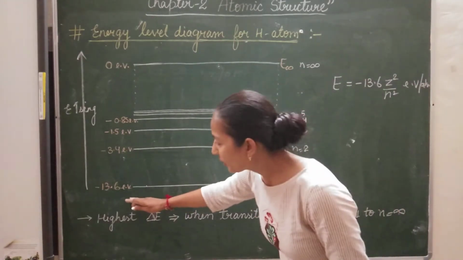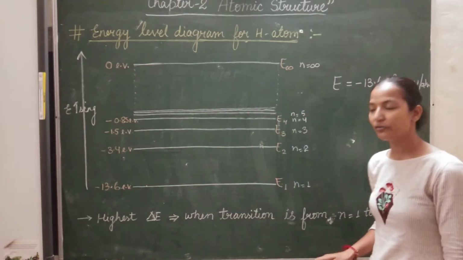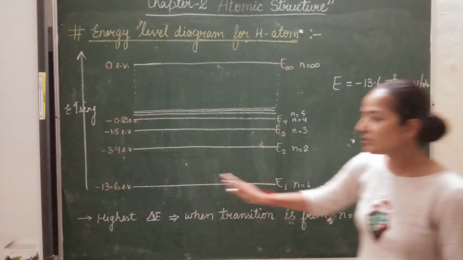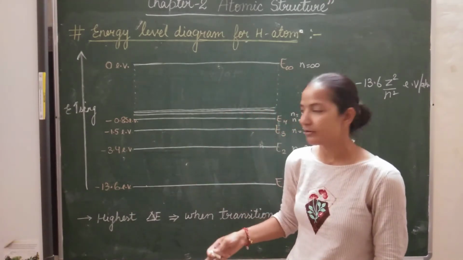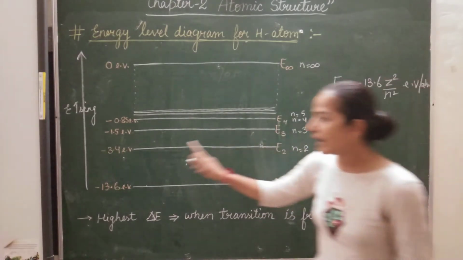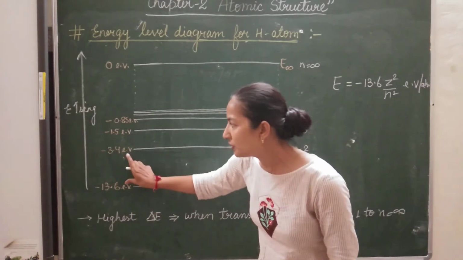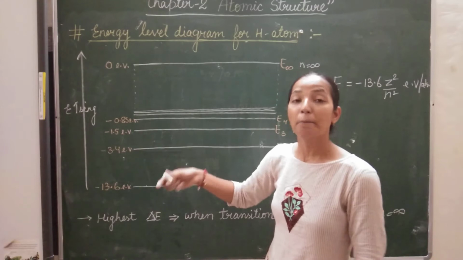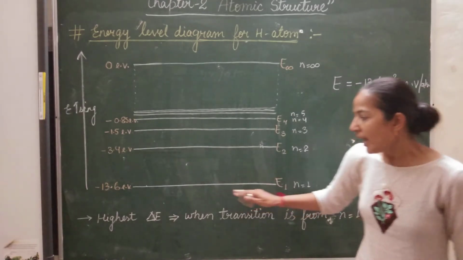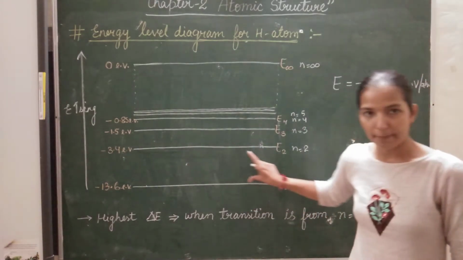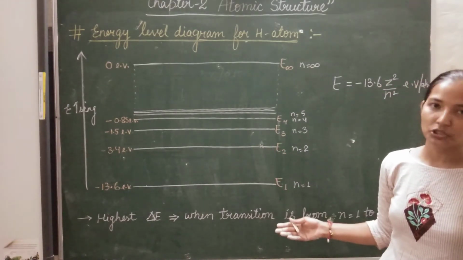At the bottom of the diagram, the energy is minus 13.6 electron volt for the hydrogen atom for n is equals to 1. This is negative energy. The negative value here represents a very small amount of energy. For n is equals to 2, the energy is minus 3.4 electron volt. Since there is a large gap, approximately 10 electron volt, the line of n is equals to 2 and n is equals to 1 have a large gap in between. The gap between the lines represents a large energy difference.